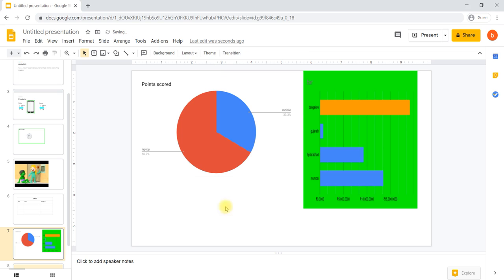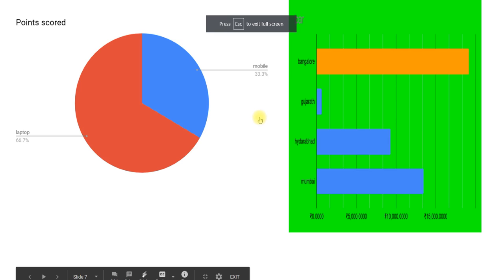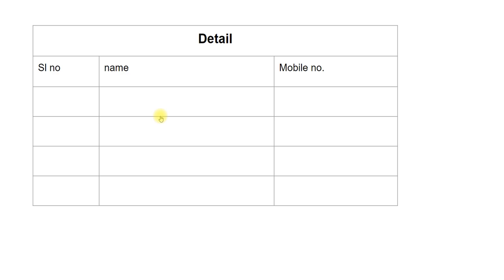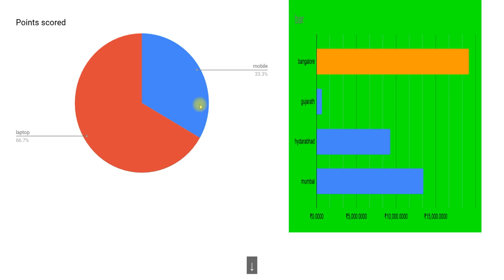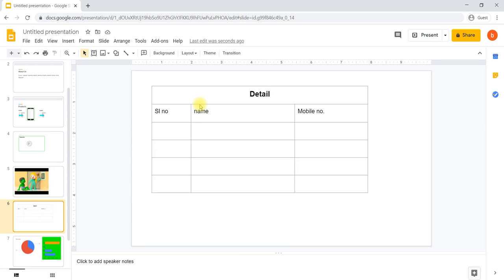Okay, for example, if you go to the presentation mode, you will come to know that now this particular page is presented. If I click on this particular image, this particular chart, what will happen? It will take them back to a previous chart. Again, previous chart, in the sense previous slide, it will be taken. That is about inserting a link.